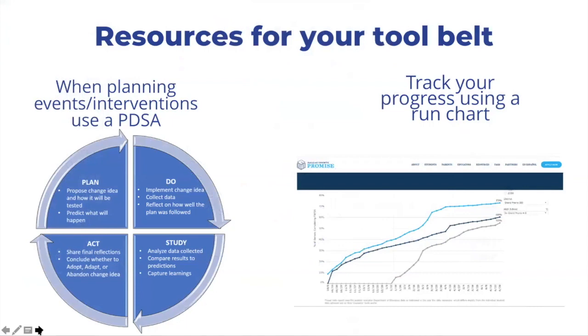Who's going to be in charge of what? How are we going to advertise? What is our goal? Then we would do it, and then we would come back the next day and we would assess what the outcome was. If we wanted 10 people to show up, did we get 10 people? If the goal was 15 FAFSA completions during that event, did we get 15 FAFSA completions? And then the ACT part is